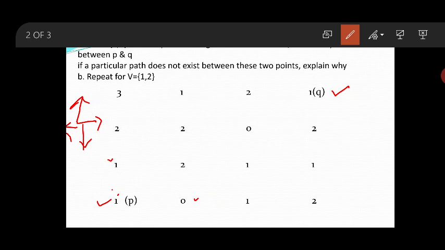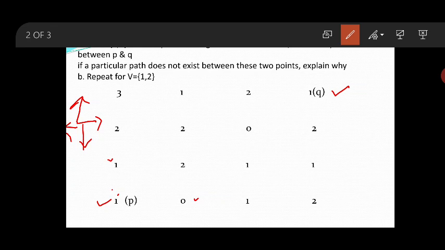Now its value will be from 0 and 1. When its adjacent pixel's value is from V, make a connection.